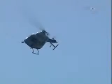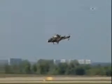After becoming independent, the Kazan Design Bureau, despite many difficulties, has built several helicopters of its own. A multi-purpose Ansat, a reconnaissance Ansat 2RZ,